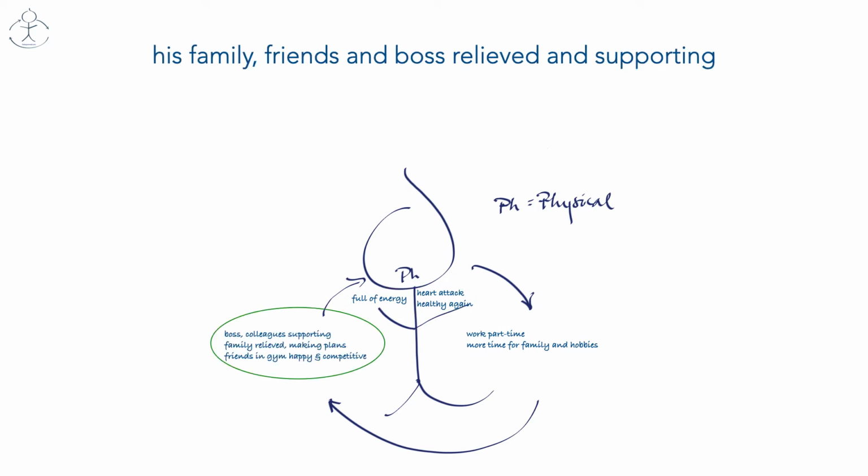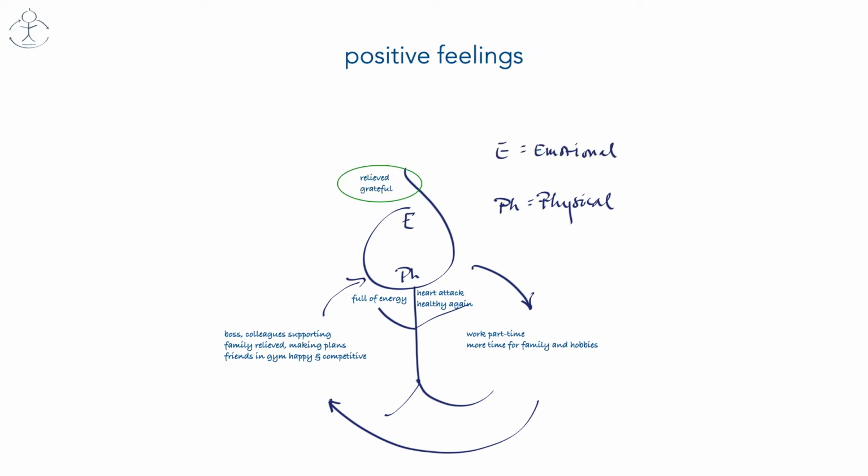His boss is understanding. His family, though very upset in the beginning, feels relieved now that everything turned out well. They've always been a busy family and have started making new plans. His friends are glad he's doing well and he has returned to the gym again. They dare to challenge him, and being active is good for everybody, therefore also for you, they have said with a big smile, Mr. A tells his doctor. He himself is also relieved and very grateful.